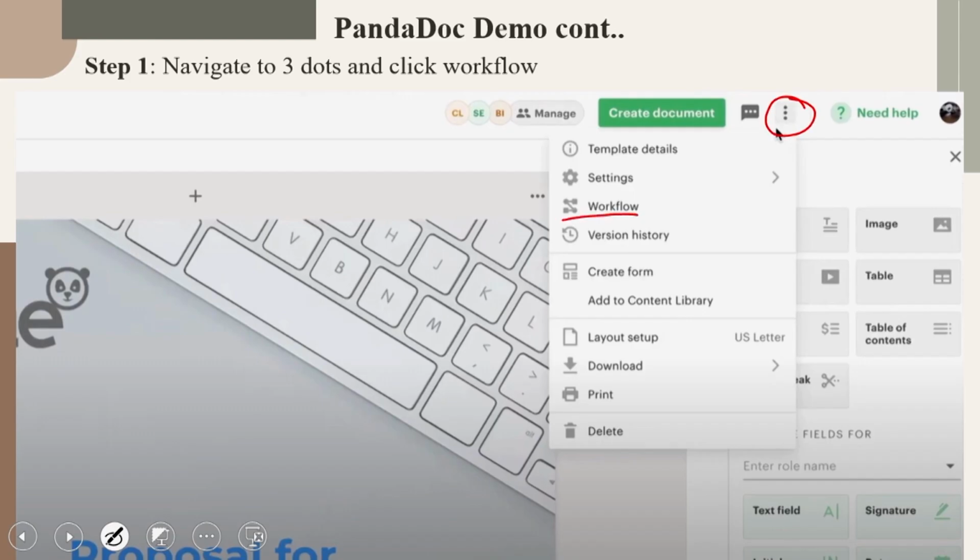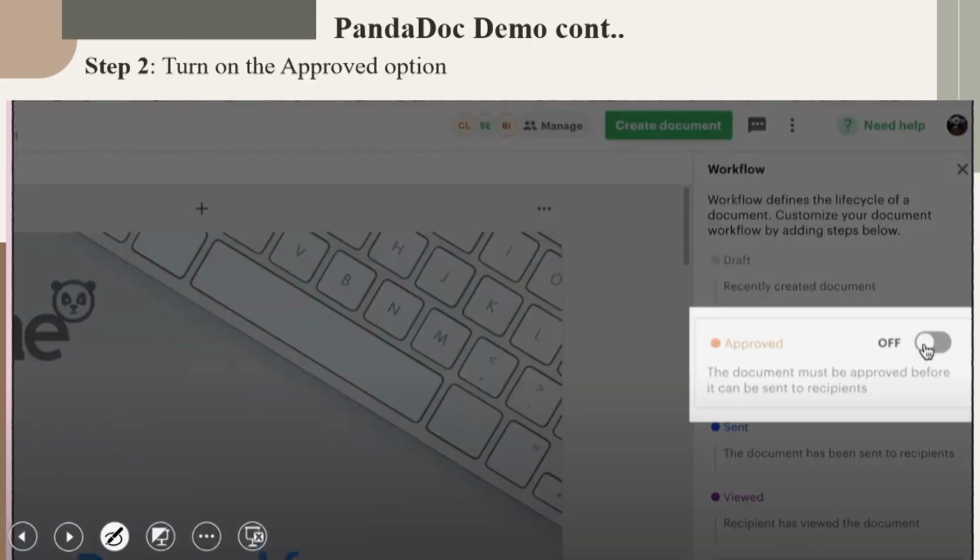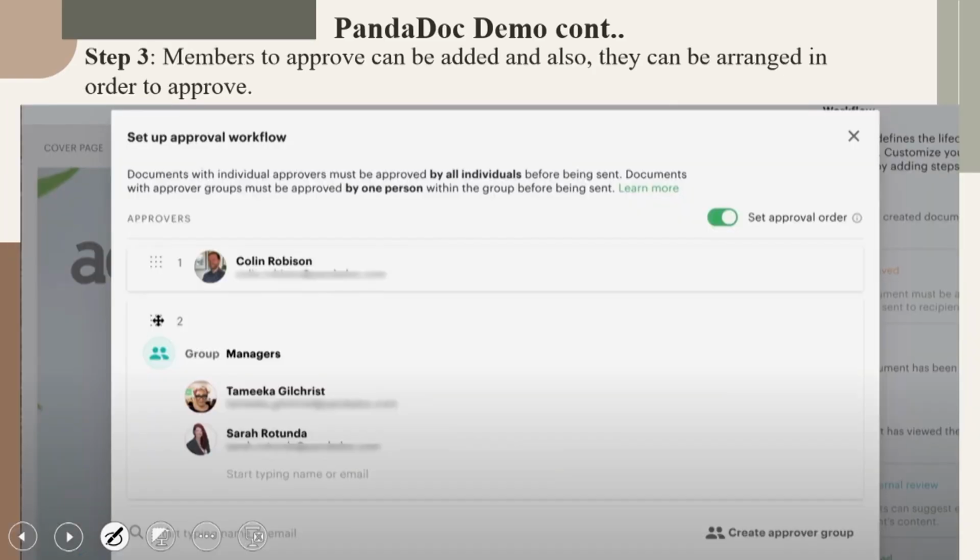So if you go to the workflow, you will see that there are possibilities with respect to the approval. So you can actually check in that, and with respect to that tab being checked in, you can have members to approve, which can be added, and also they can be arranged in order to approve.